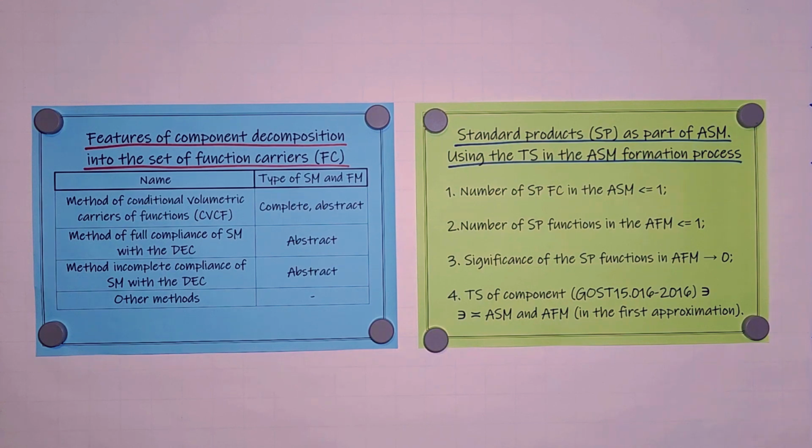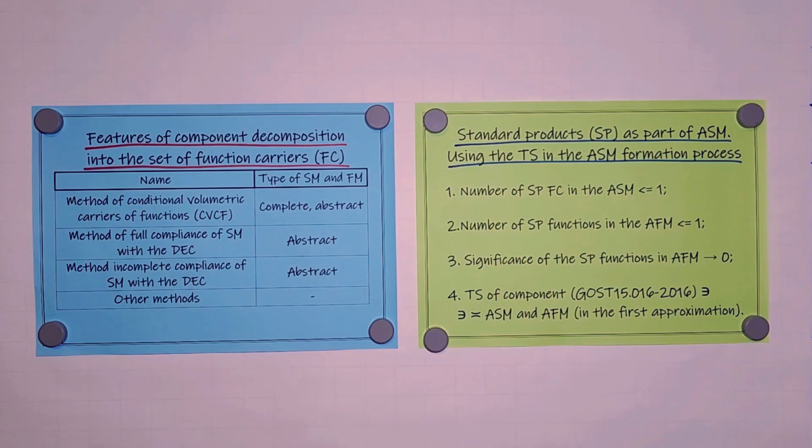Let's consider the method of conditional volumetric carriers in more detail. When decomposing, apart from the case of full structural model and functional model, the component can be divided into conditional volumetric carriers of function. The etymology of this designation will be disclosed below. The decomposition is performed based on conditional roots on the transfer of loads inside the structure, and the formulation of this name of the carriers